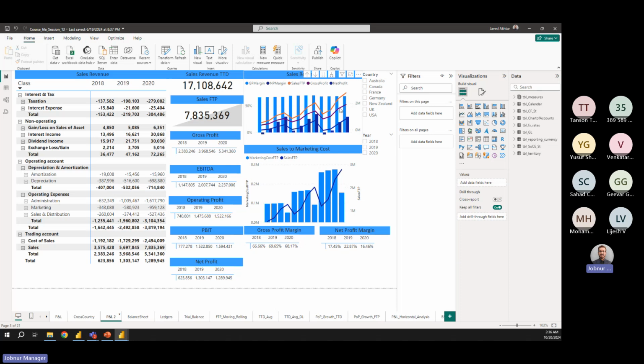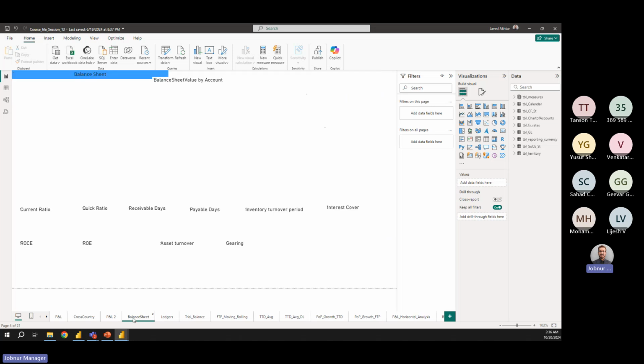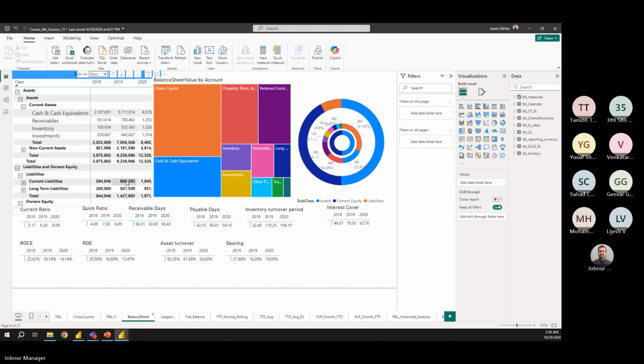You have gross profit, everything in one chart, all the trends. Then you have balance sheet. Not only balance sheet, but with the other ratios, current ratio, quick ratio, receivable days, payable days, inventory turnover period, ROCE, ROE, asset turnover, gearing ratio. So you can have it in one